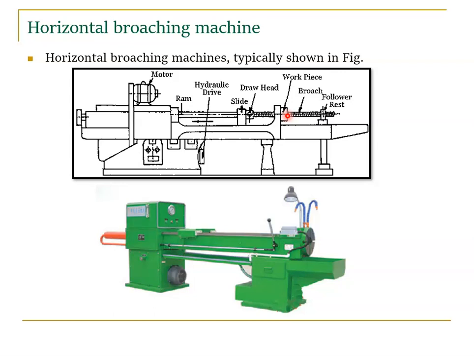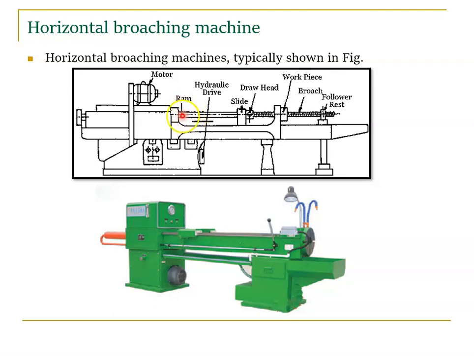the keyway. So instead of a tailstock on the right-hand side in a lathe, here we have a follower rest, right? This is the difference. So the difference is we have a leg. As for the lathe we have a leg, here also a leg. We have a bed or base, here also we have a bed or base. And in a lathe we have a spindle, right? Here we have a ram. Spindle is a rotating element, but ram is a reciprocating element, right?